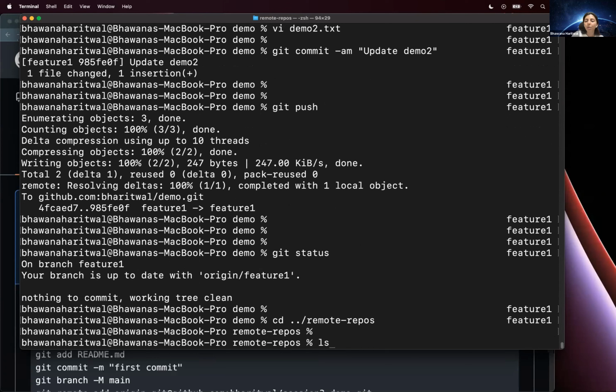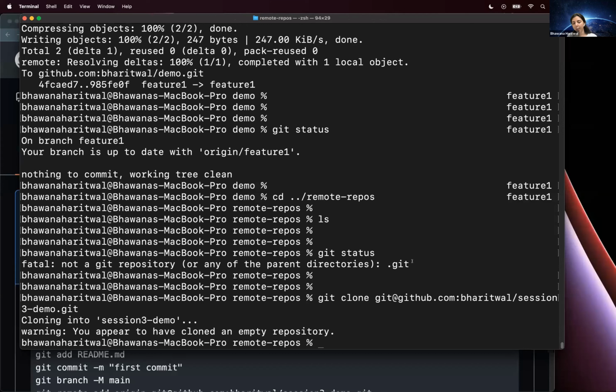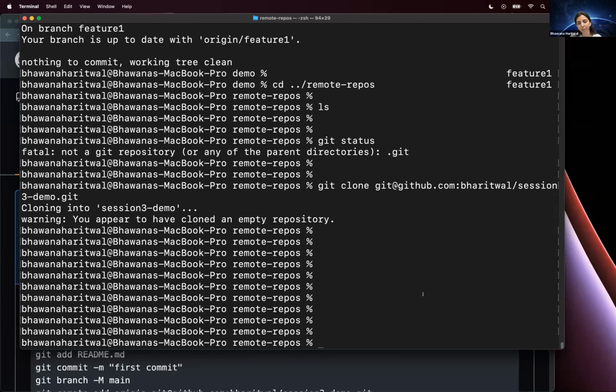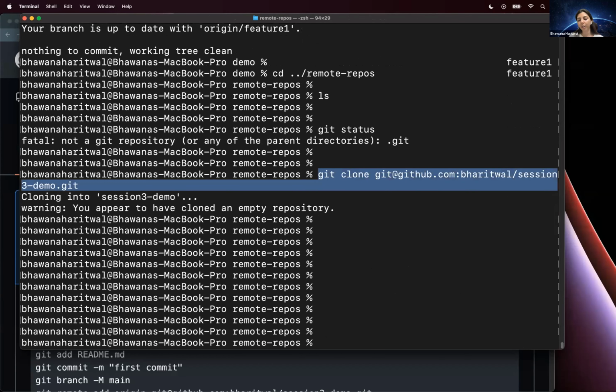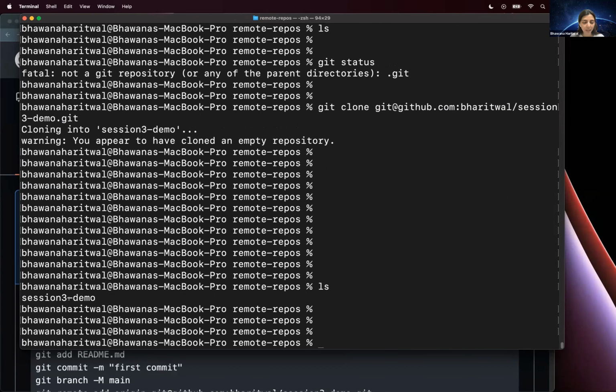So I actually just ran a git clone. I found an empty directory and ran the git clone command. That was all. Yeah, I was in an existing repository, the demo repository. I just moved out of that and I ran this git clone command. That's all, nothing else. So if I do an ls now, it shows session 3 demo. That's the repository that I just cloned. And if I go into that